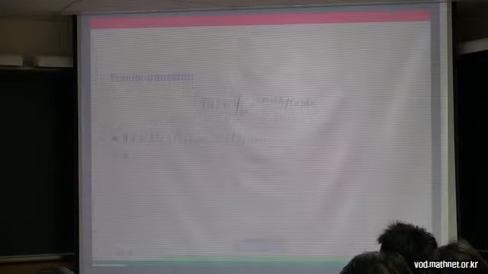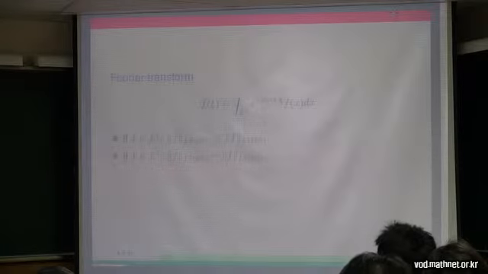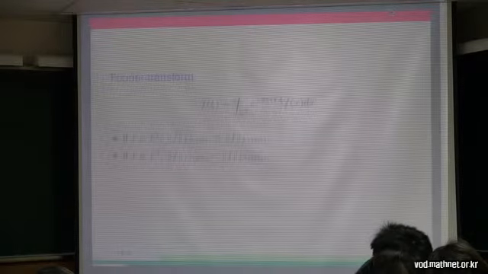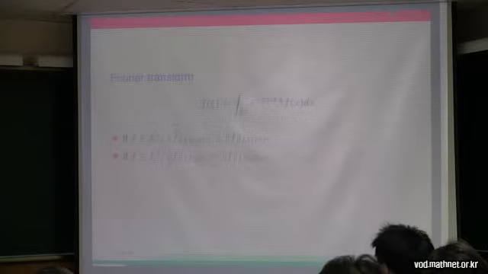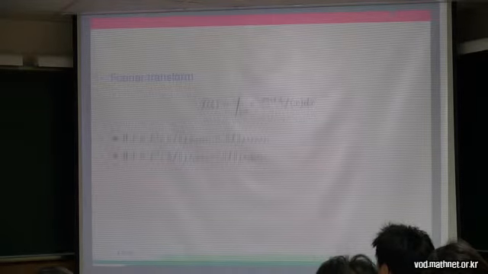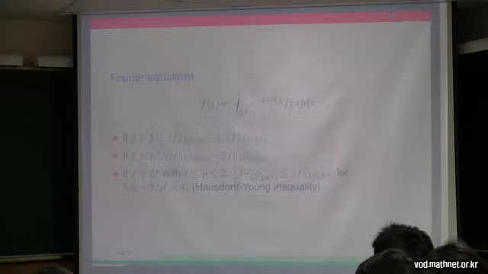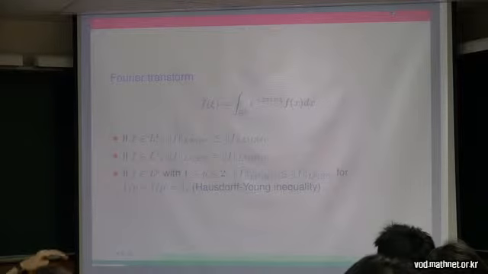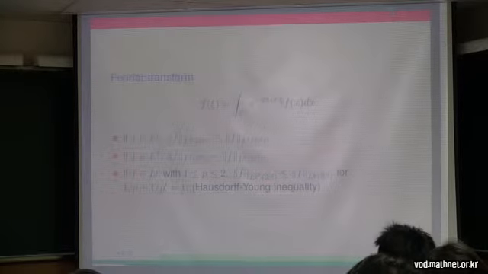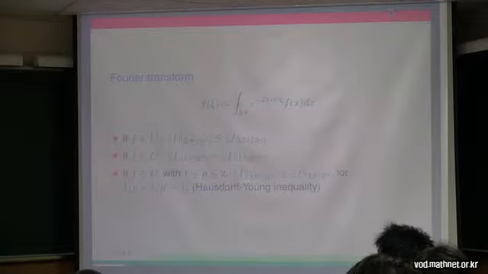Then by Plancherel's theorem, if f is in L2, the Fourier transform is an isometry on L2. Then by interpolation, we get the Hausdorff-Young inequality, and actually this is the best possible estimate in R^d. So the restriction problem is